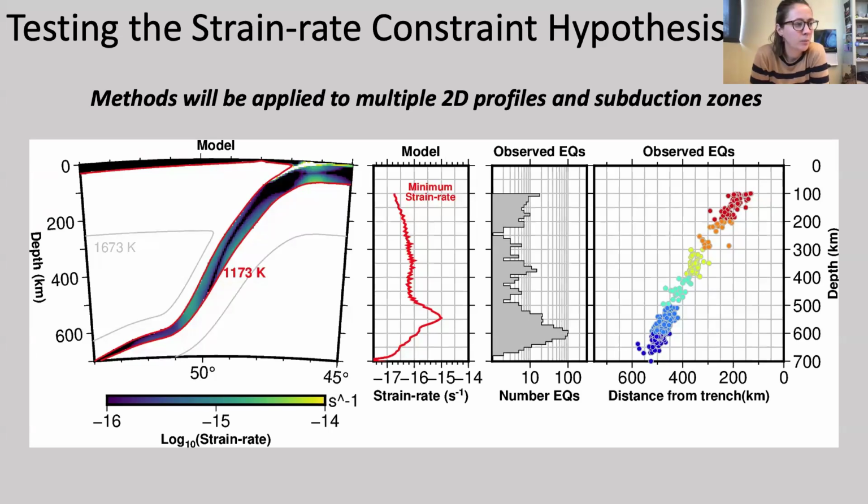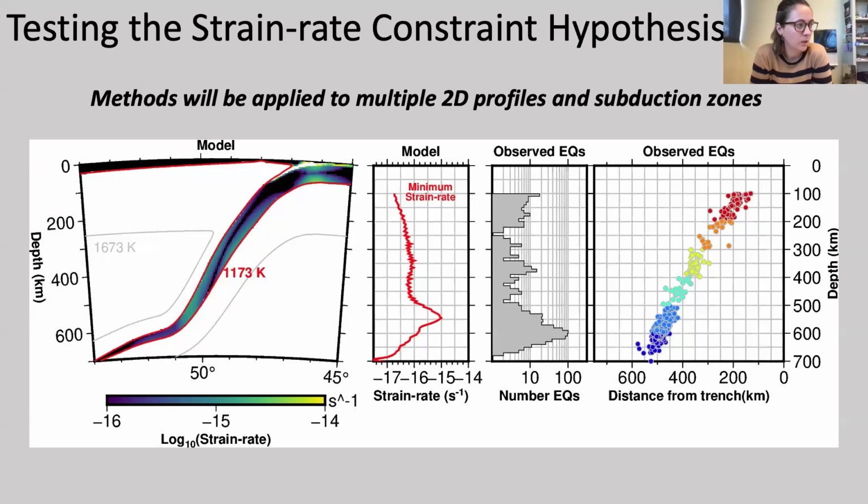I don't think so, because of the types of comparisons that I did in the proof of concept model throughout this talk, comparing the stress orientations and the stress magnitudes. It's a more not location specific model. So I don't think it has to do with the static method. I think it has to do more with limitations regarding that these are 2D models and not 3D models, and that we are using the Slab 2.0 data, which might be smoothing some of the more detailed variations that we see in the slab.